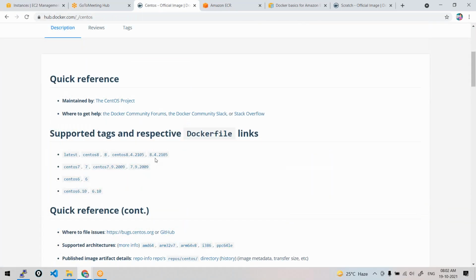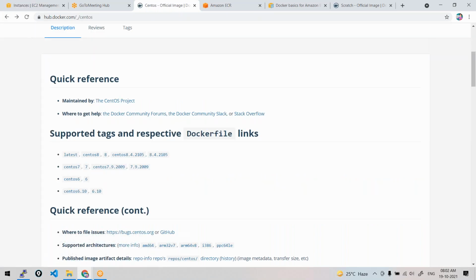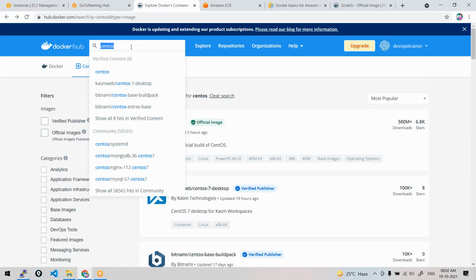Everything is developed from a Dockerfile. Again, because they're all operating system images, they have a tar file to run your CentOS operating system, some labels, and which command it should run. Bin bash means you get the shell when you run the container in interactive terminal mode.